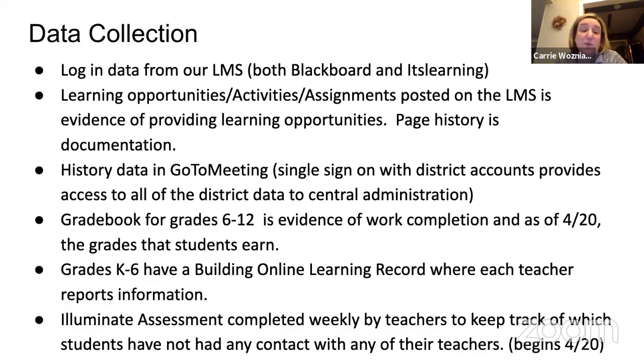And then we're using Illuminate, our data warehouse, for our staff to easily make a quick assessment at the end of each week for every kid. We have about 5,000 kiddos, and they either write a contact or no contact. That way we can create reports that will show us maybe a whole family is disengaged, or maybe it's just Johnny who's blowing off Algebra 2 right now. And that is going to be the next layer of engagement that we're putting into place.